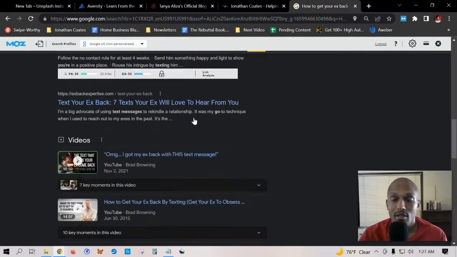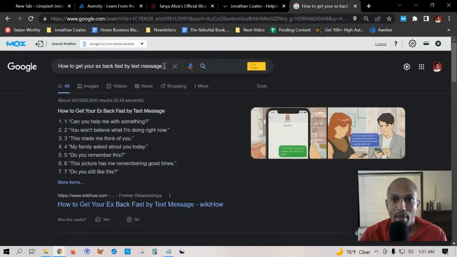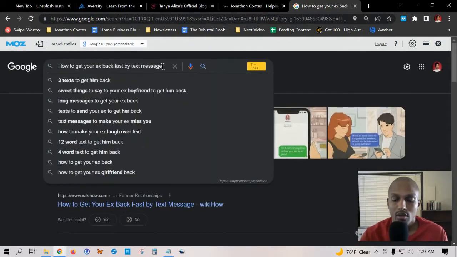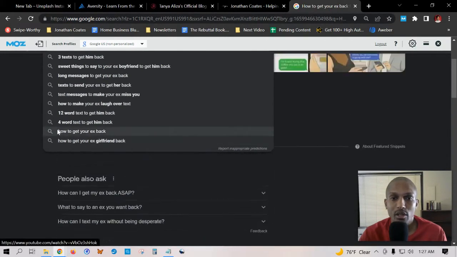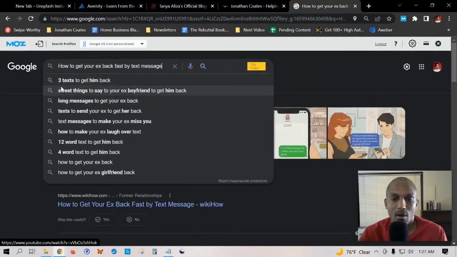Now, if we go right to the top and we go to our main key phrase that we used and we just click, we'll notice that these key phrases come up with the same ones that we saw in the related searches down here. And generally, the ones that come up first are more hyper competitive and get more traffic than the ones that show up at the bottom here. Not all the time, but for the most part they do.